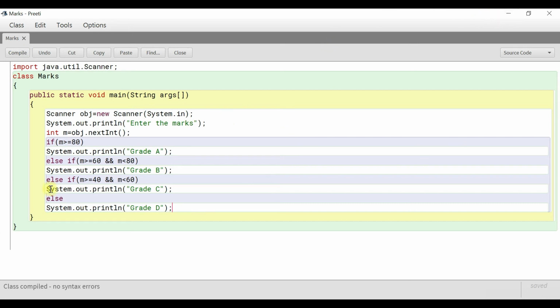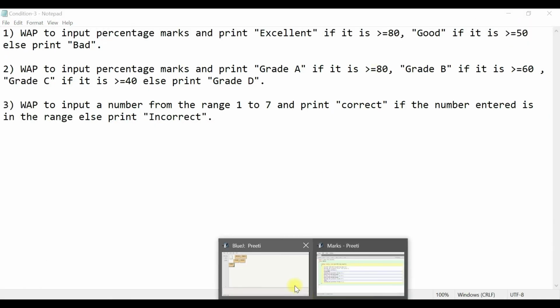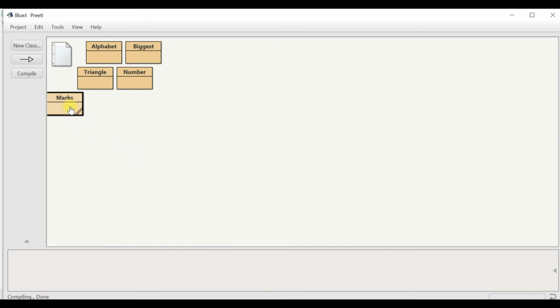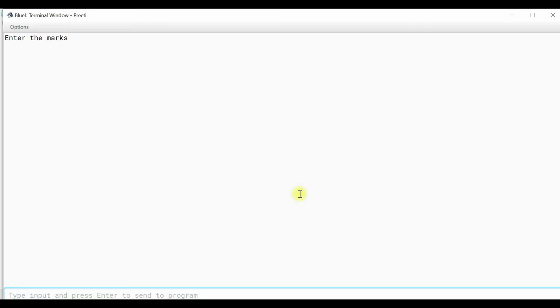So we'll check the marks 45. For 45 it should display grade C. So let's see. Enter the marks. Here I am giving 45, so it is showing grade C. Fine.